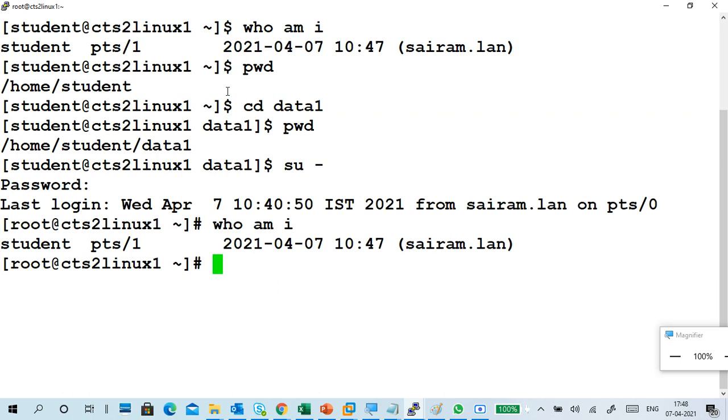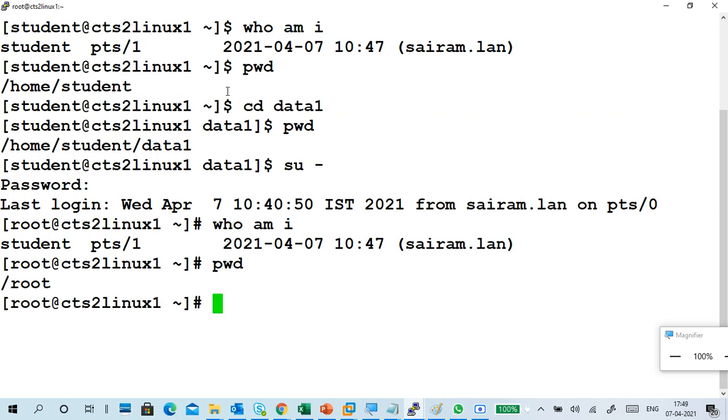So then who is the administrator here? Root is the administrator. Root is highly privileged. So you have to switch from normal user to root to do the administrative task. If you have some administrative task, you are working with a normal user, you can switch to root user, but you need the root user password. But actually I logged in as a student, so it is student only.